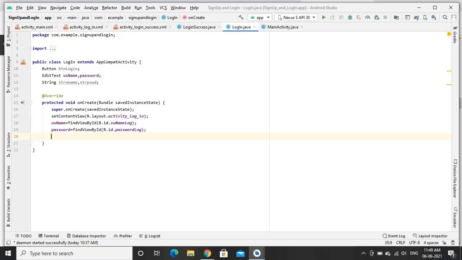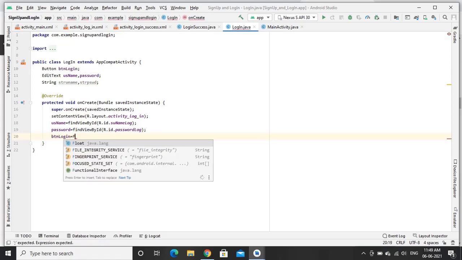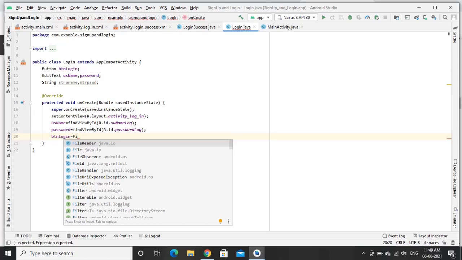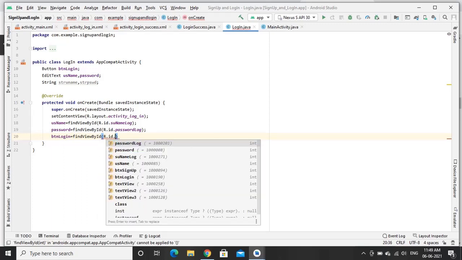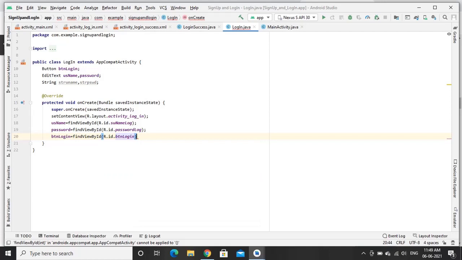Then I also need to refer to the button as well, button login.